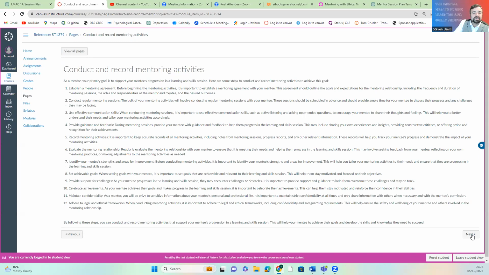So conduct and record a mentor activity. So here, throughout your standards, you're going to be doing this a couple of times. When you get to your EPA, you're going to have to plan a session. You're going to have to conduct a mentoring session. You're probably going to have to deliver a bit of teaching and learning. So nothing too terrible. But here, when you conduct and record it, establish the agreement, conduct regular monitoring sessions. And look, if you want to establish a mentoring agreement,